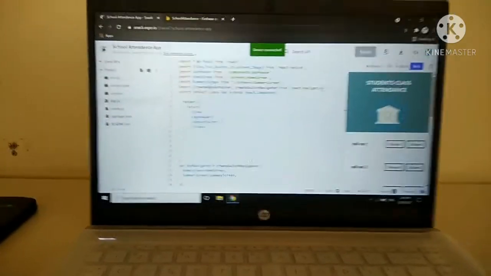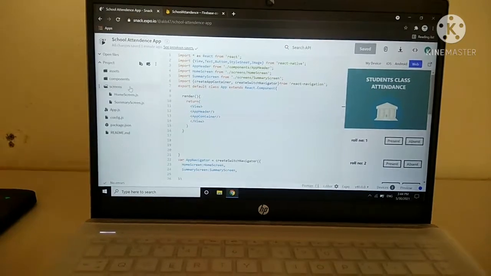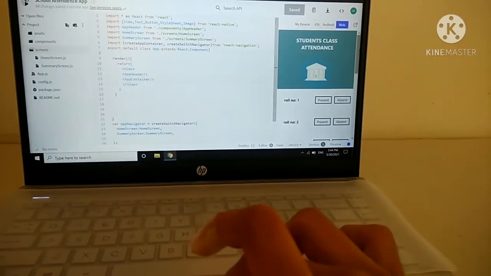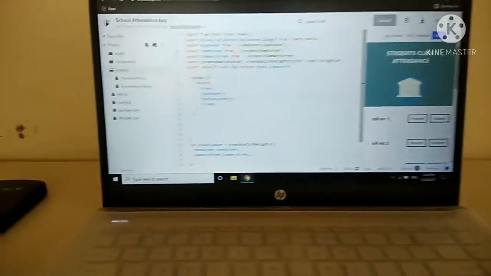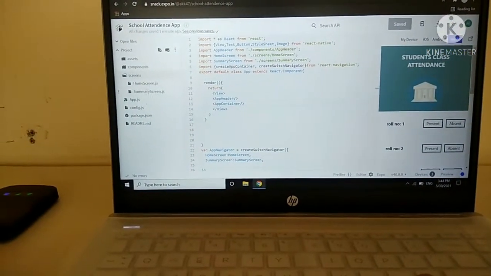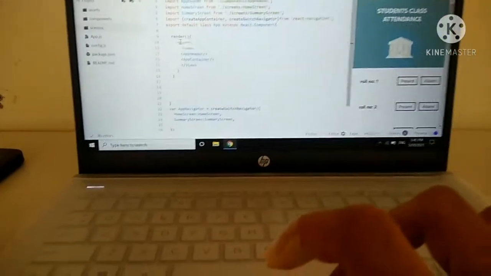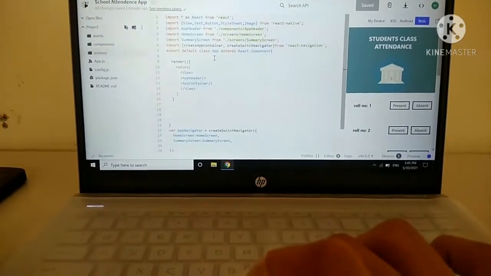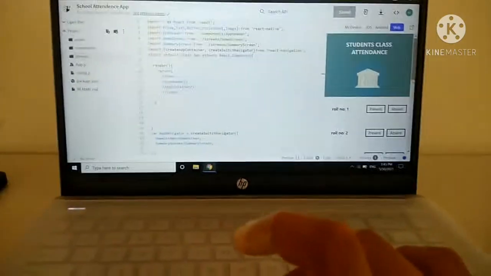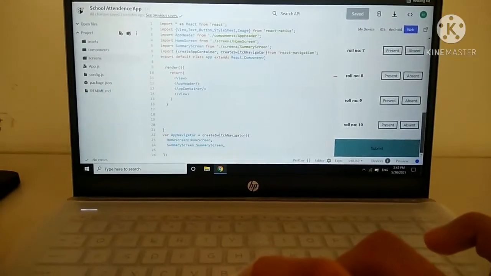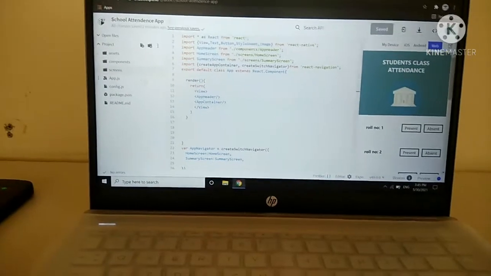I'm again going to send all the code to you using a GitHub repository. I have used two screens, one for taking the attendance, and one is the summary screen in which how many students were present, etc., will be shown. And this is the app.js. I'm using a simple createSwitchNavigator, which is pretty easy to make. Simply after pressing submit, the screen will be navigated to the other screen. This is how it works.